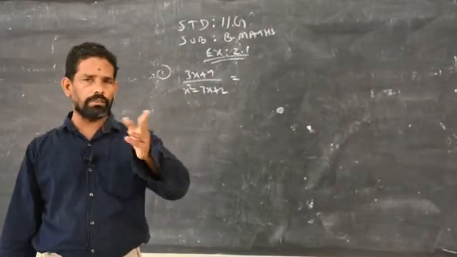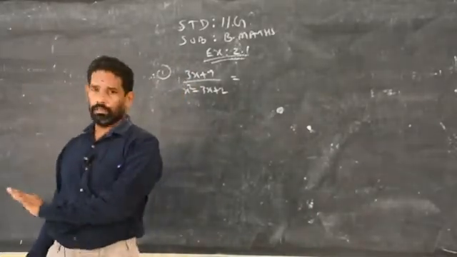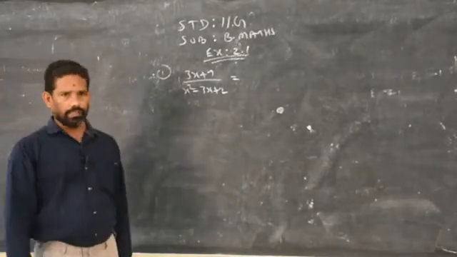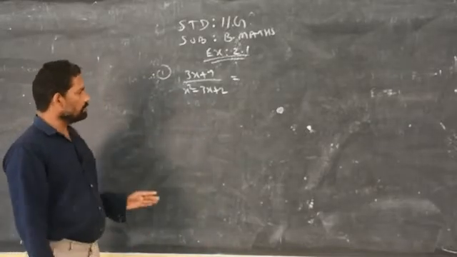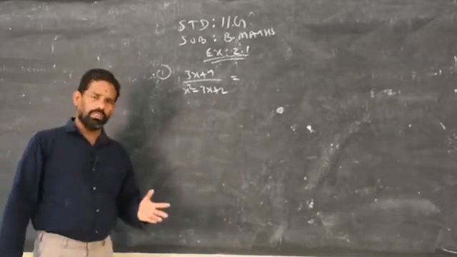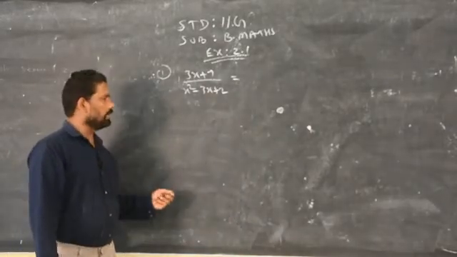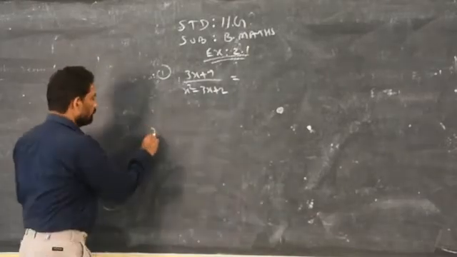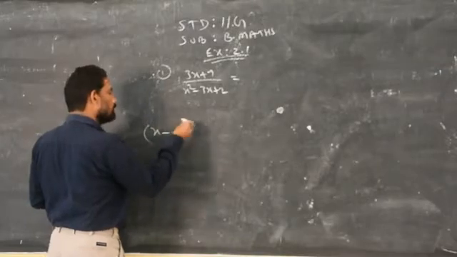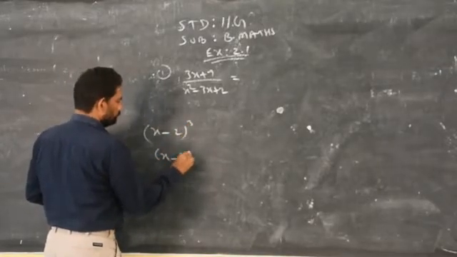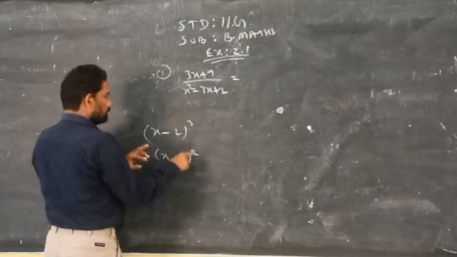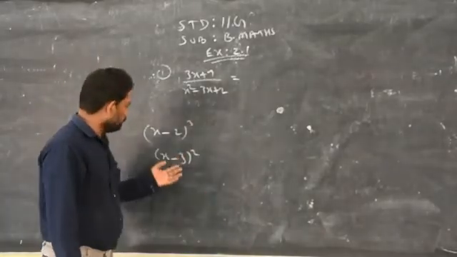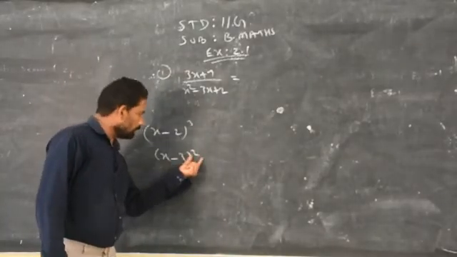If it is not able to factorize, we have one technique. Some problems are there, the upcoming problems, where we have a non-factorizable expression in the denominator. Clear? There are two types. One is factorizable, another is non-factorizable, and one more is the repeated factor. One factor is going to be repeated 2 times. For example, x minus 2 will be repeated 3 times or 2 times. Any factor can be repeated 2, 3 or 4 times, but we have problems up to 3 times.